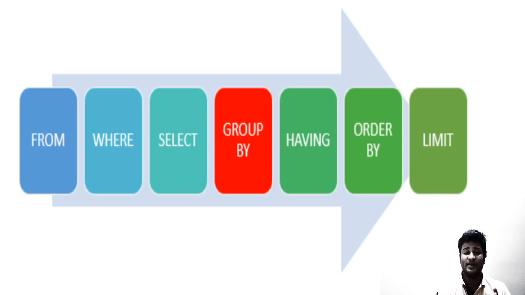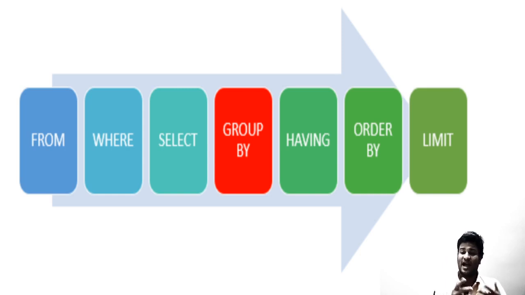Whenever we write up the query, at first in the select statement the parser picks up from. It will see from which table we require it. Say the table has 100 records, it will see that it is required from table abcd and the table has 100 records. Then it will see the where clause, what all conditions have been met, and out of those 100 records, what all records actually meet the criteria of the where clause. Say 20 records out of 100 meet the criteria, so the other 80 will be discarded and 20 will be taken on. Then it will see the select statement and what all columns are required.